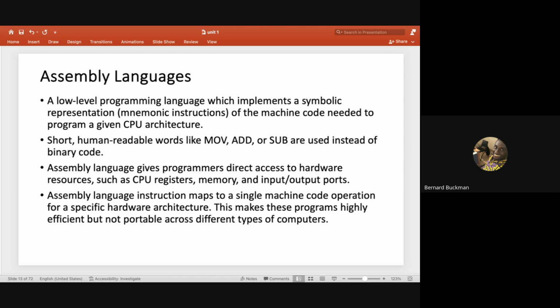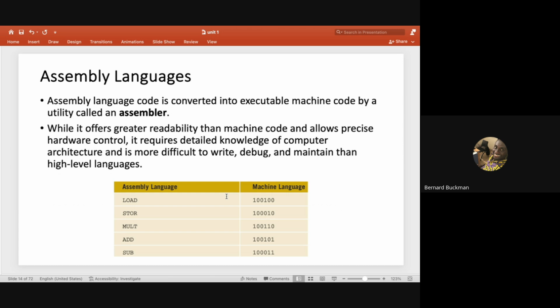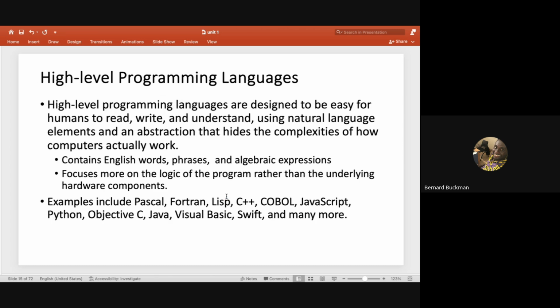So we built something called the high-level programming language. High-level programming languages are designed to be easier for human beings like you and me to read, to memorize, to learn, and to use in our coding. They contain English phrases and they are very simple. In fact, when you pick any of these high-level programming languages, you can see that most times they are simple and readable. You can understand what they mean. They are usually guided by logic.